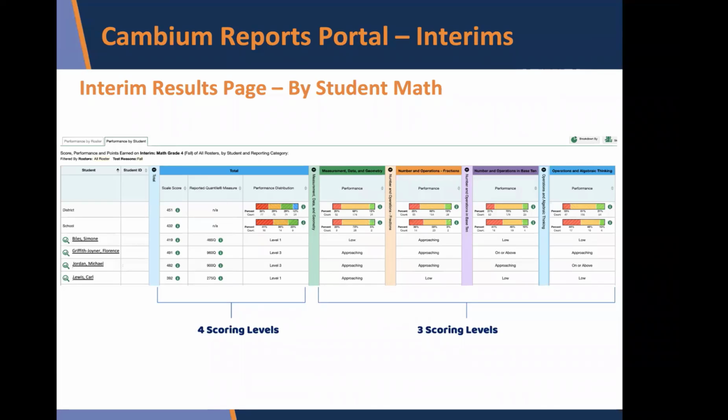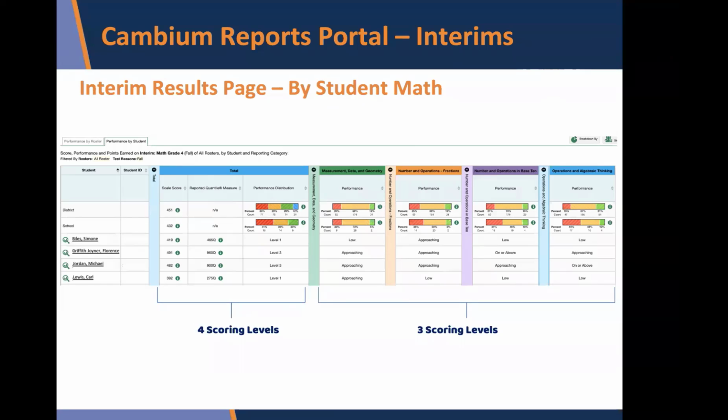So what they have done is, because there are quite a few questions on the test, from what we understand, the reason that there are only 3 reporting or scoring levels within each domain is because there's a lot less questions. So it's harder to break it up into 4 different levels. So within each domain, there might be 8 questions. And so it's harder to give them a level 1, 2, 3, or 4 in such a small amount of